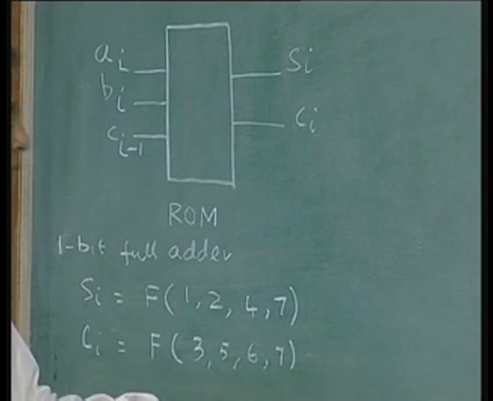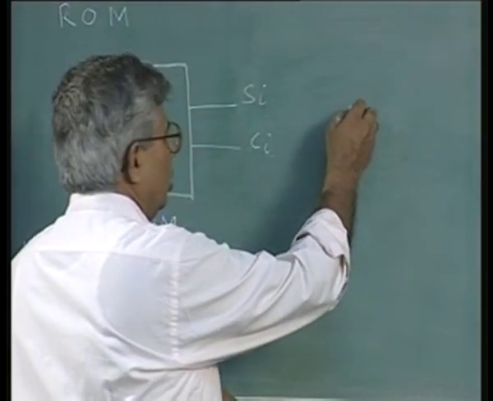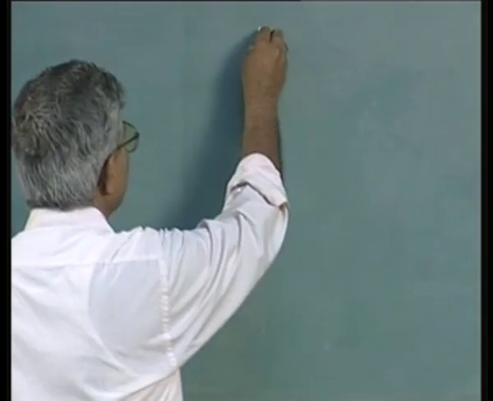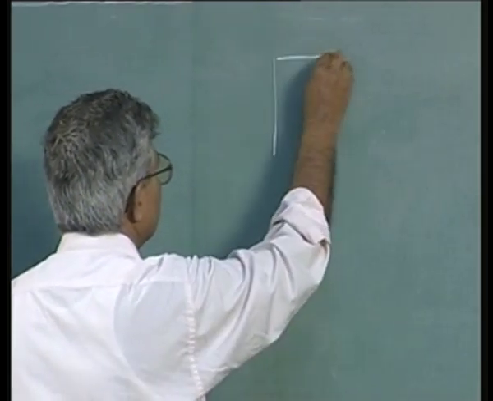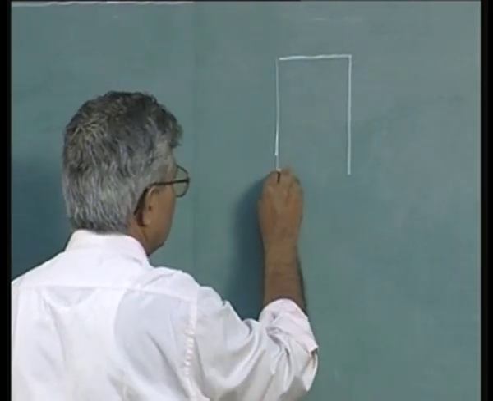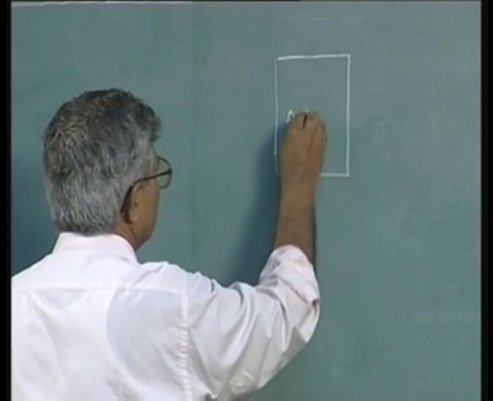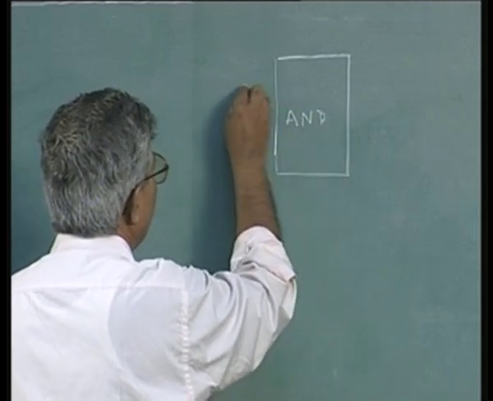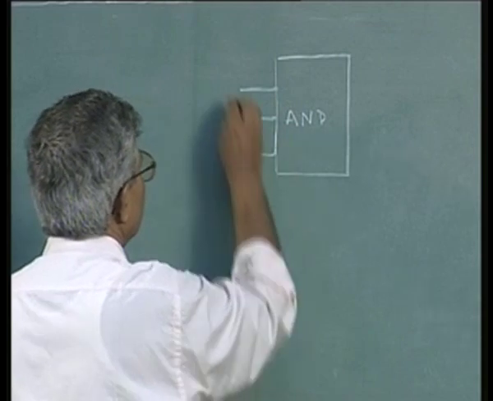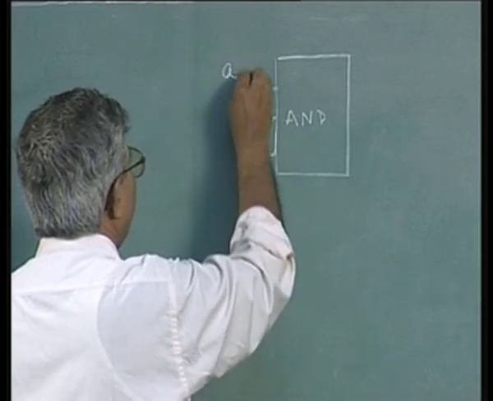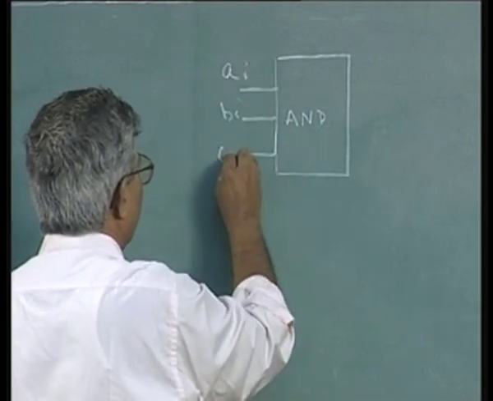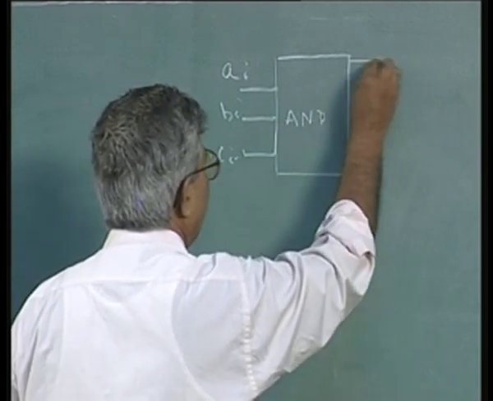So, basically it will consist of an AND array in which the inputs will be A i, B i, C i minus 1. Output of this AND array will be